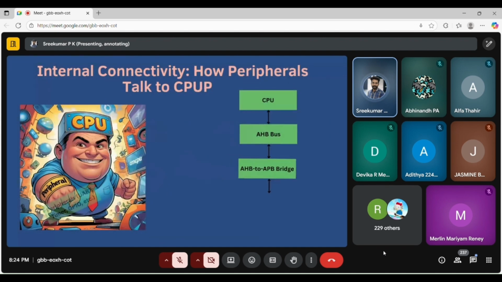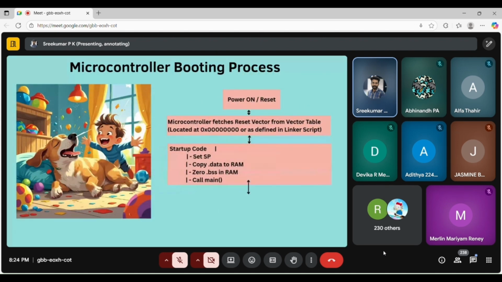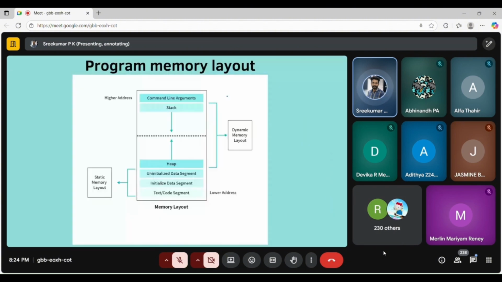Going back, it is difficult to go forward. Yes, so this text or code segment is the code which you wrote.